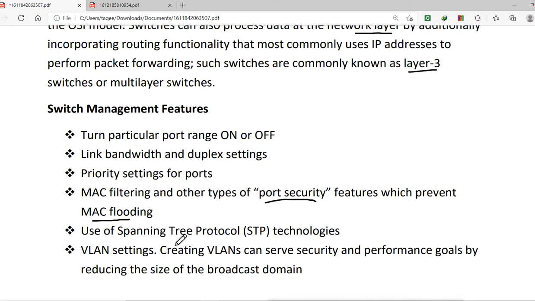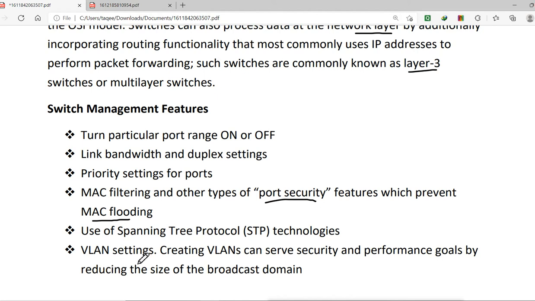That means the data will loop in the network, and it loops multiple times, or it can loop infinite times. So we can use the spanning tree protocol to stop or prevent that. By default, the spanning tree protocol is configured and enabled on the switch. Because of that, we don't have loops. But if you don't have the spanning tree protocol, then there will be a loop.